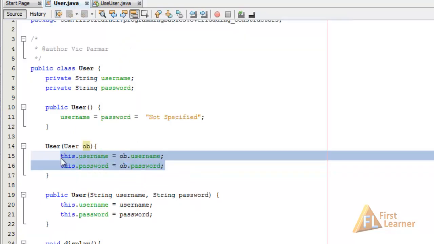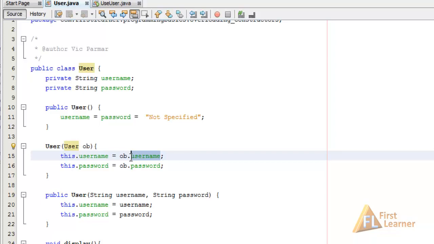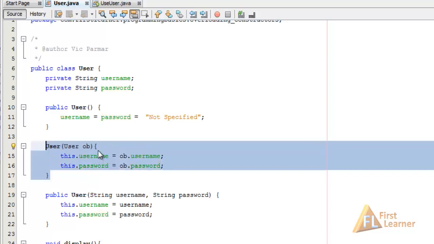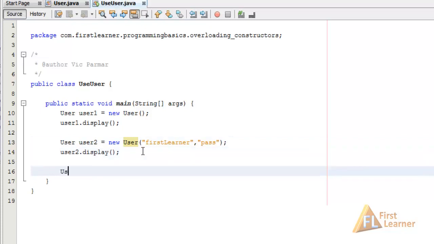So what this is doing is the object we have passed, that we have created earlier, the value of that object's username will be passed to the new object's username, and the password will be passed to the new user's password. So now let's call this constructor to make a new object. Here let's create another user,